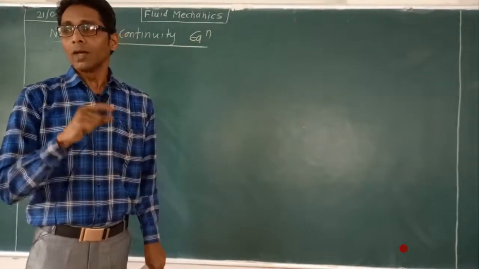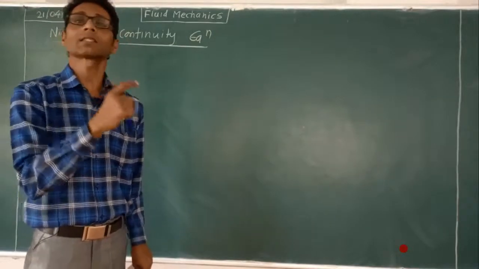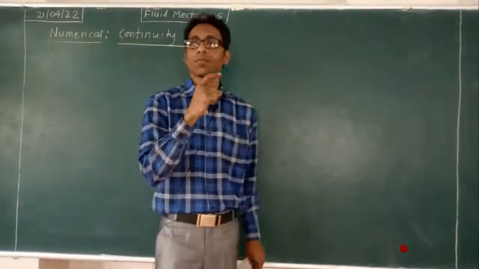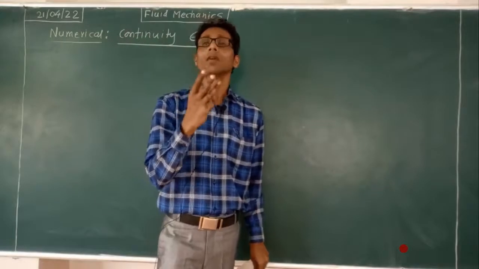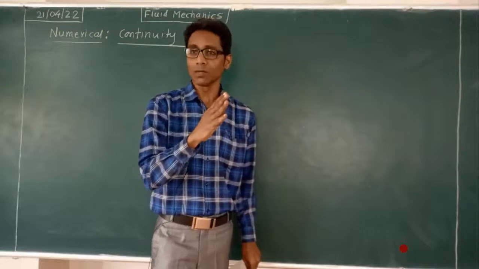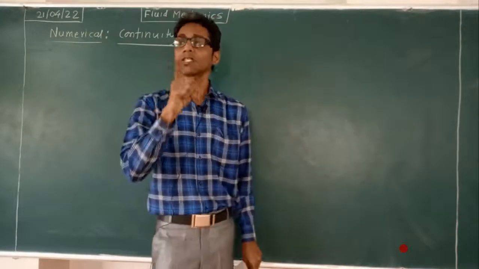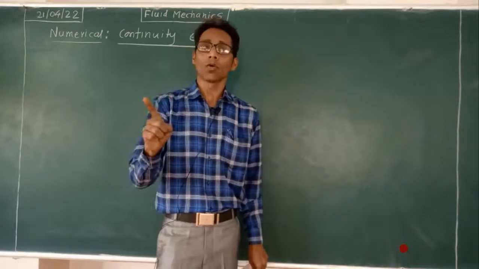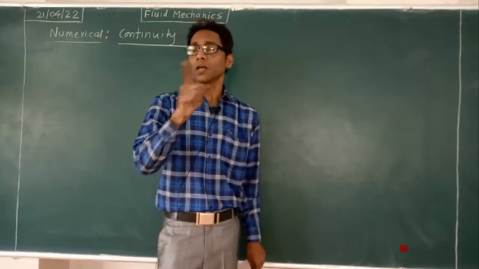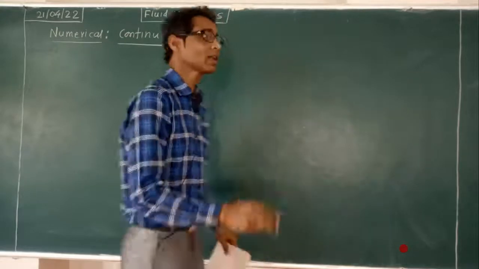When the sum of ∂u/∂x, ∂v/∂y and ∂w/∂z, the differential components in x, y and z directions, is 0, then we mention the comment that the flow is possible and the continuity equation is satisfied. If this sum is not equal to 0, then we say that the continuity equation is not satisfied, meaning the flow is not possible.